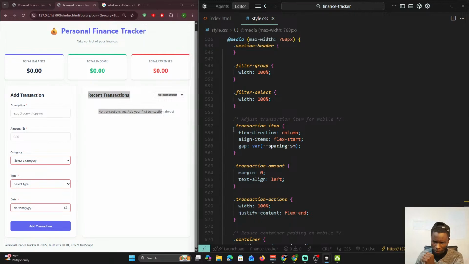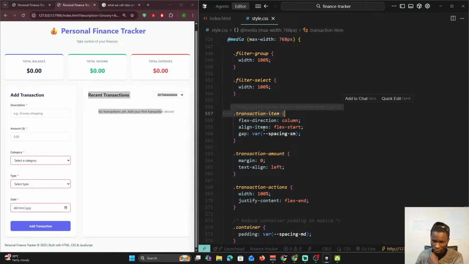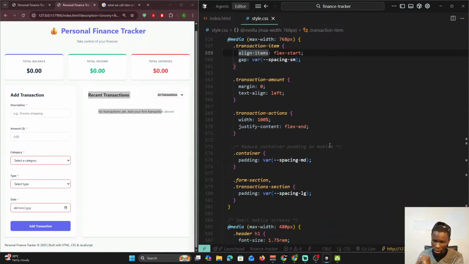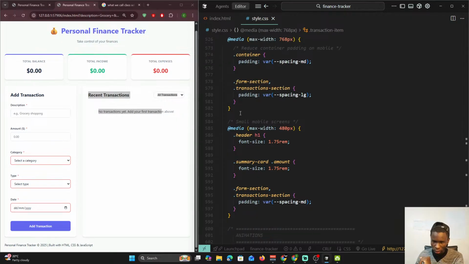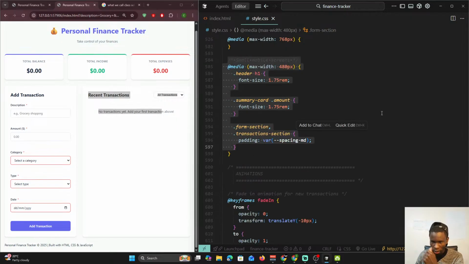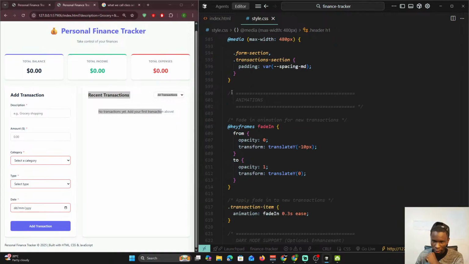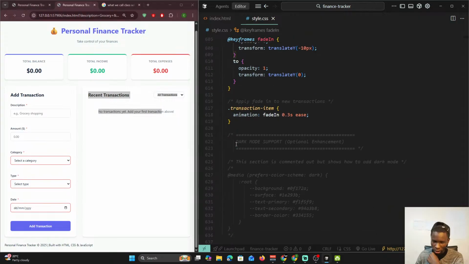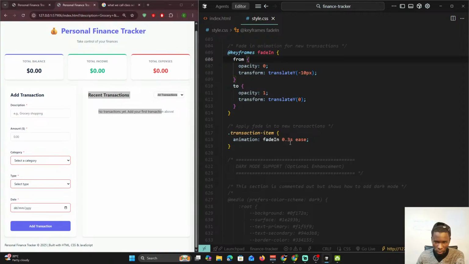Then again, we will be adjusting the transaction items, how they are going to behave when we actually do all that. This one is for the small mobile phones. How are they going to interact? And then for some animations, these are the keyframes you're going to be using. So essentially,